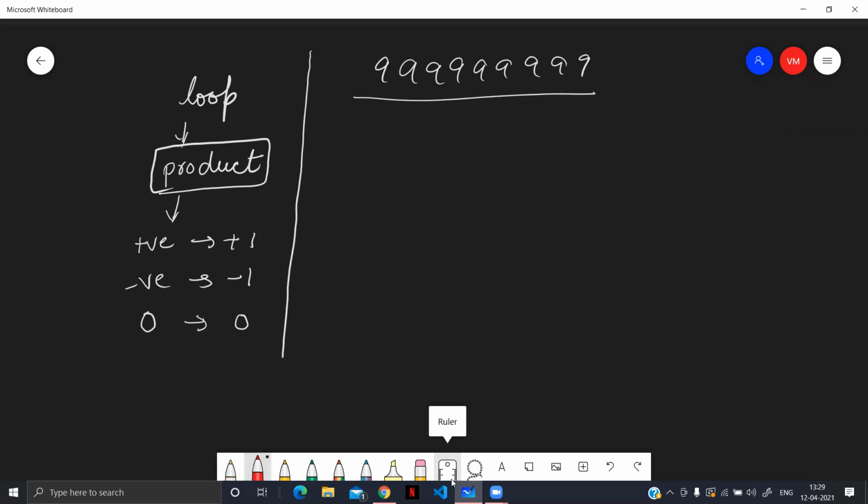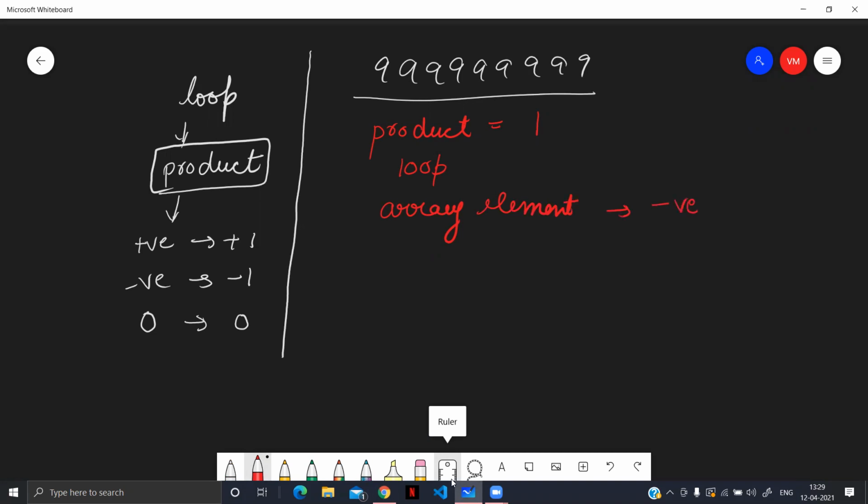So the advanced method to do this is, let's maintain a variable product, which will initially be 1. And now we will run a loop over all the elements of the array and check if the array element is negative.